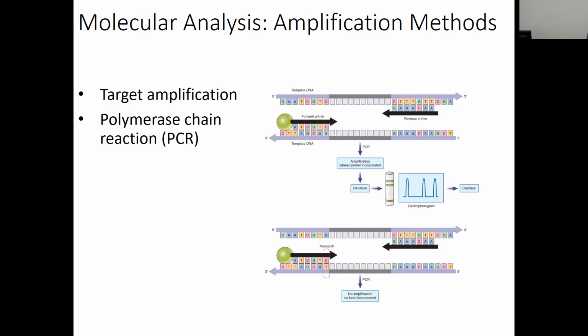Short-term storage is up to 48 hours at refrigeration. Okay, so they can bring them in and put them in a refrigerator for how many days? 24, 48, 72 hours, 3 days, all right? If we have long-term storage, we're going to put those at minus 80 degrees Celsius, so we're going to put them in the freezer. The viral RNA extraction protocol is by the Qiagen Viral RNA Mini Kit. So you have to have a kit to do this RNA extraction.